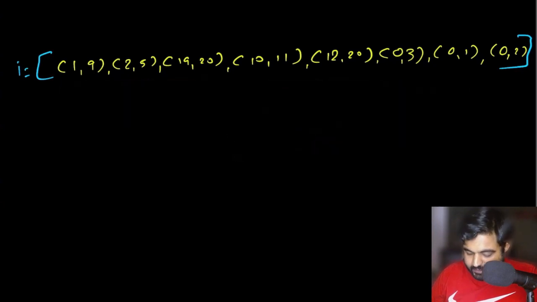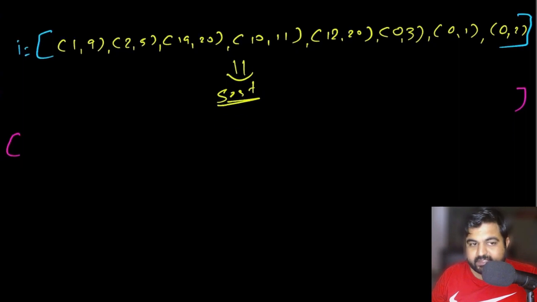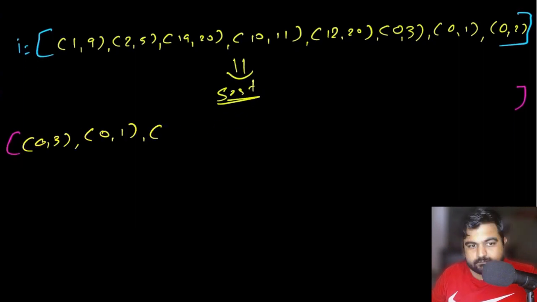We want a better solution, and the better solution can be achieved if we simply sort the given input. And how are we going to sort it? We are going to sort it based on the starting values. The smaller starting values are going to be located at the first positions, and the larger starting values at the last positions. After sorting, things will become much easier for us. So let me quickly draw the sorted solution, and then we will see what the trick is to solve this problem.